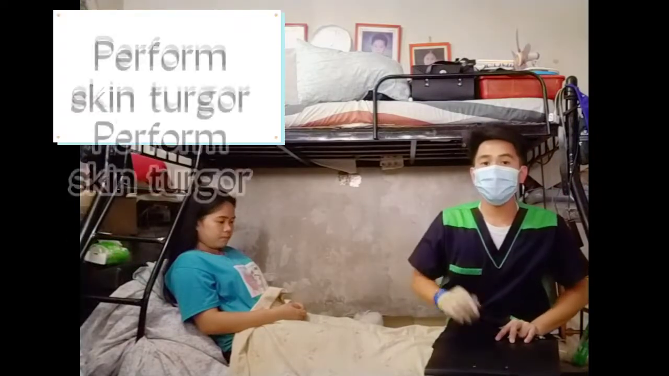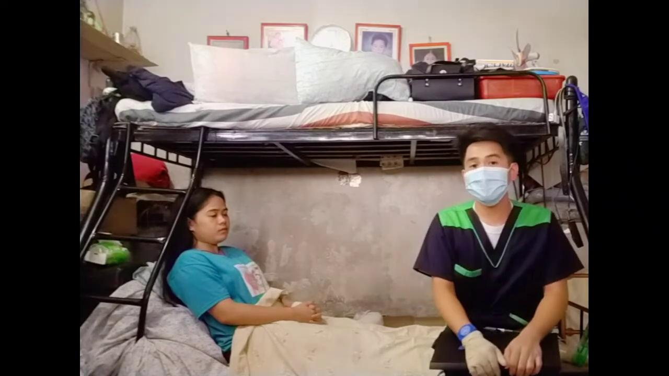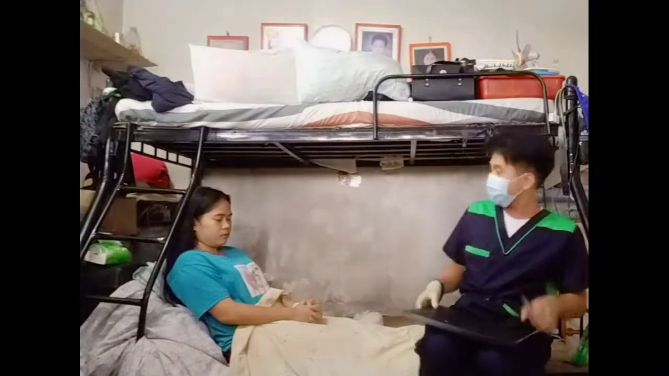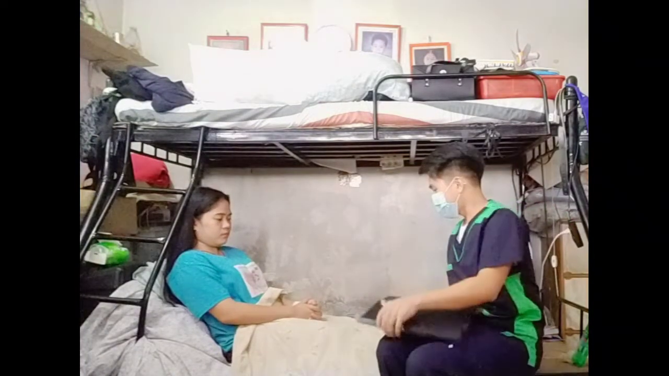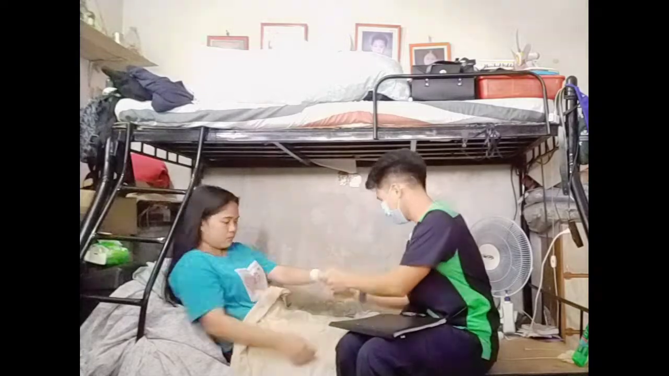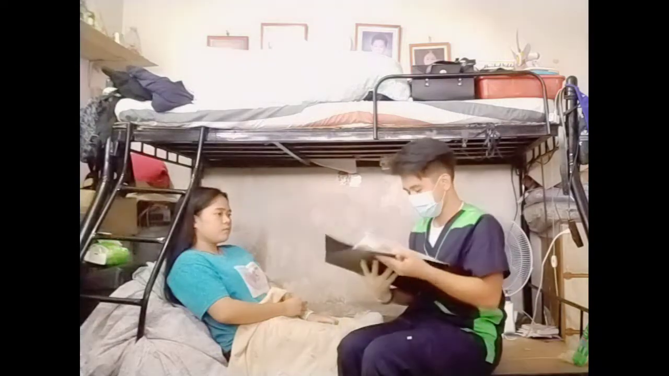And I should also take note of the skin turgor, or the fullness or elasticity of the skin by lifting and pinching the skin of an extremity. So, iti-check po natin yung elasticity ng skin natin. So far po yung elasticity ng ating skin ay